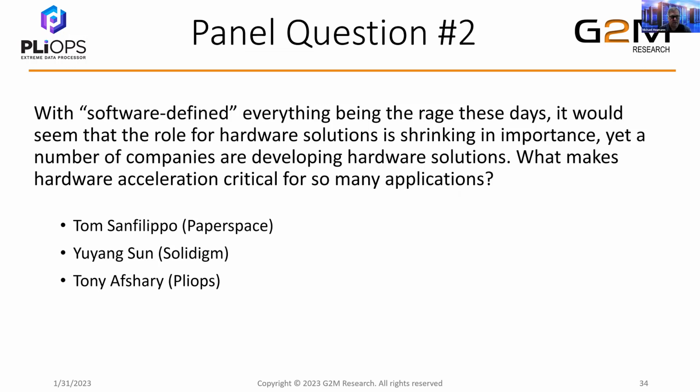Makes perfect sense. Tony, anything else you want to throw in? No, I mean, this is for those of you who know Annapurna and their history and what AWS did with that. It's inevitable that software can't do the job and CPUs alone can't do the job. So you need some kind of an offload engine. And in that model, they clearly took all the functions for VMs that had to do with networking away into the Nitro chip